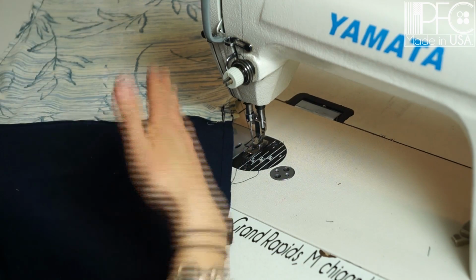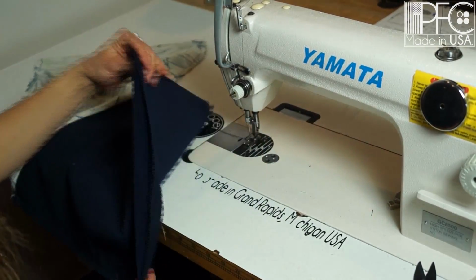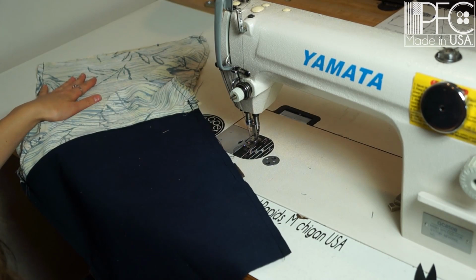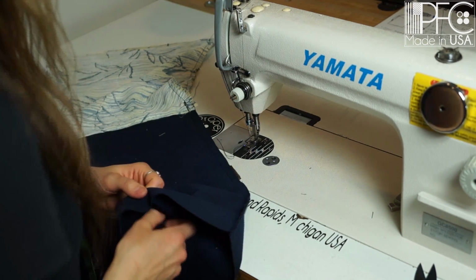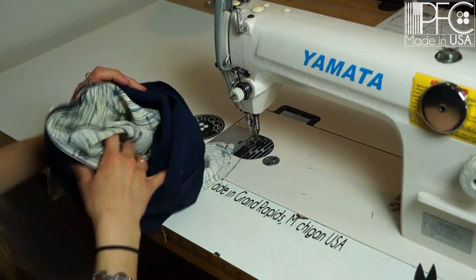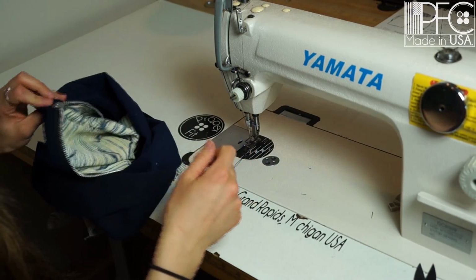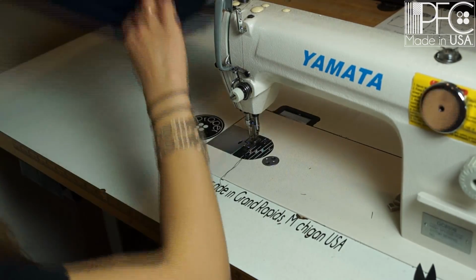Okay, now once you've got both edges stitched, then we go ahead and stitch the bottom of the bag. But before we do that, and I've forgotten this many times, but it's very important, is that the zipper, you want to make sure it is completely open. So if your zipper's closed all the way, you want to be sure to open it,